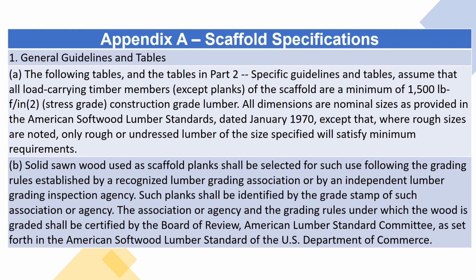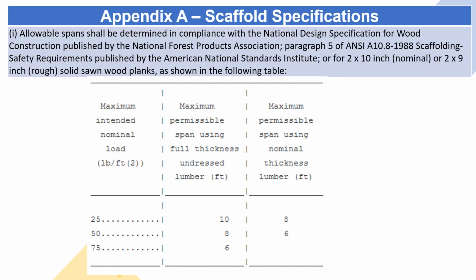The association or agency and the grading rules under which the wood is graded shall be certified by the Board of Review, American Lumber Standard Committee, as set forth in the American Softwood Lumber Standard of the U.S. Department of Commerce. Allowable spans shall be determined in compliance with the National Design Specification for Wood Construction published by the National Forest Products Association, Paragraph 5 of ANSI A10.8-1988 Scaffolding Safety Requirements published by the American National Standards Institute,